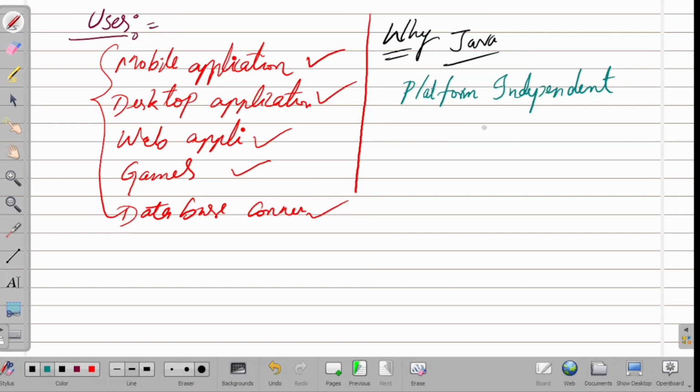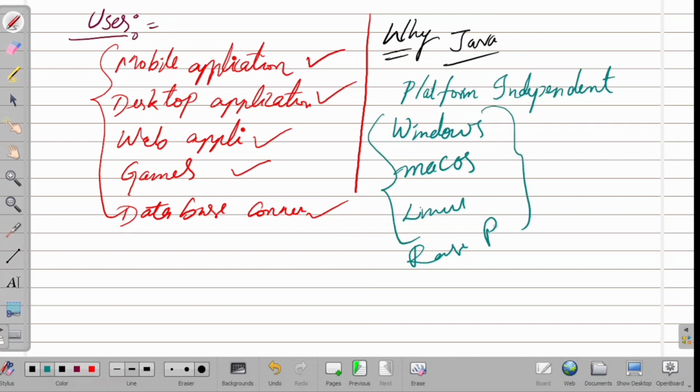It can run on any platform, suppose Windows, Mac OS, Linux, Raspberry Pi, or any OS. That's the reason we say it is platform independent.